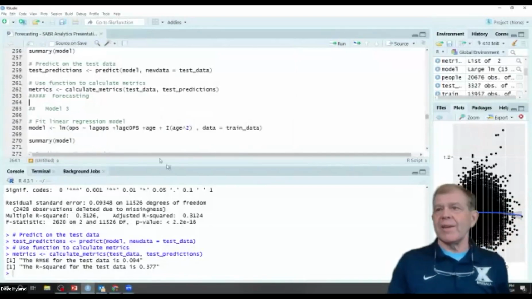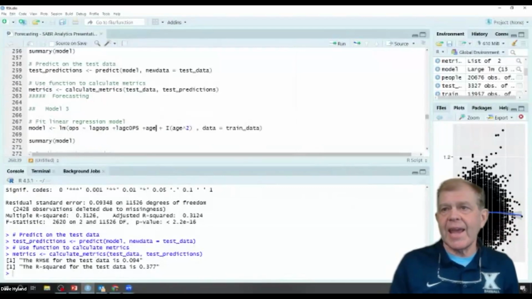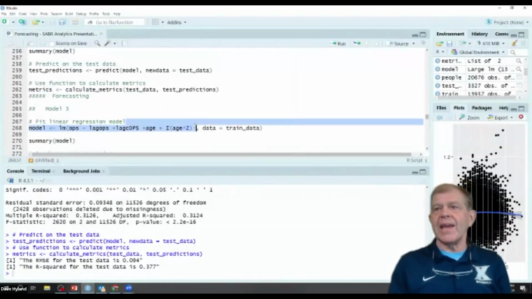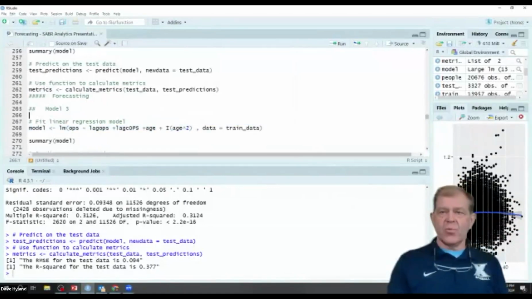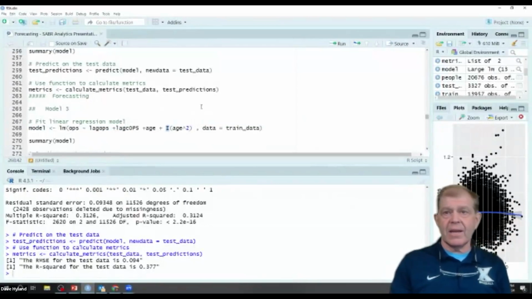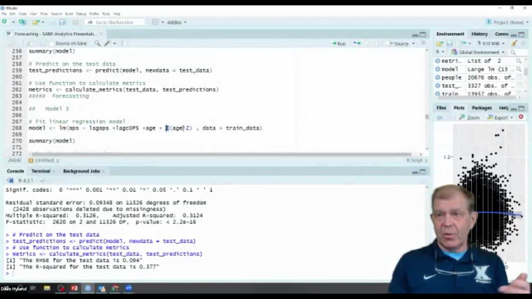Age, we think of maybe as a quadratic, maybe it should go up and then down. So we're going to add in age and age squared. We notice with this I function, this is a transformation function in R that allows us to transform a variable within our regression.